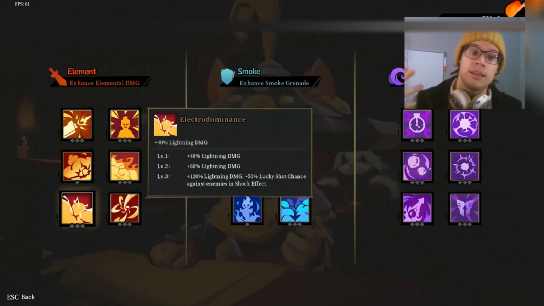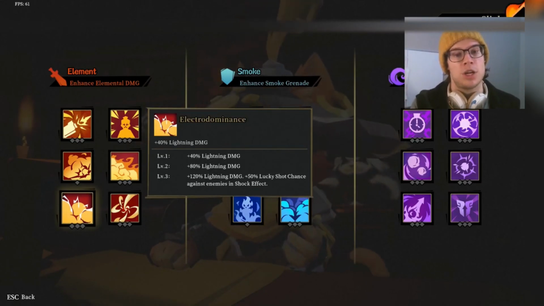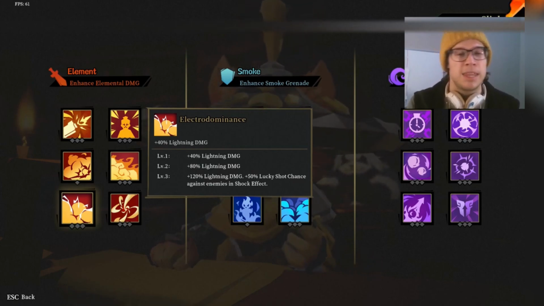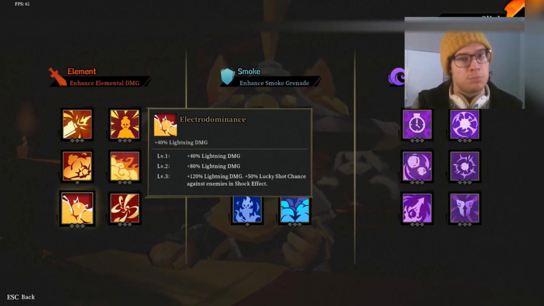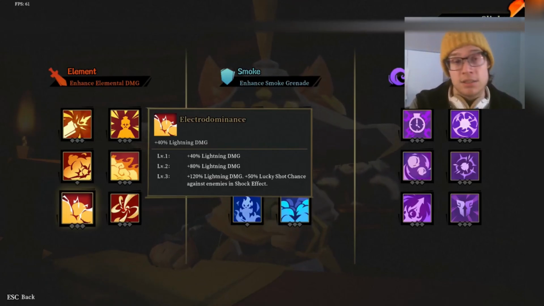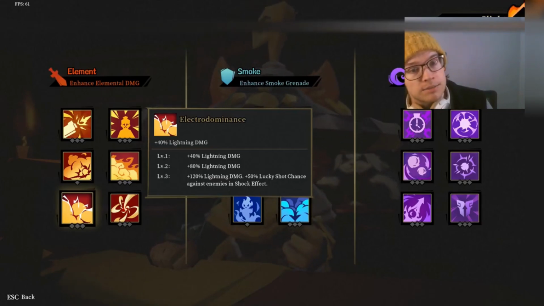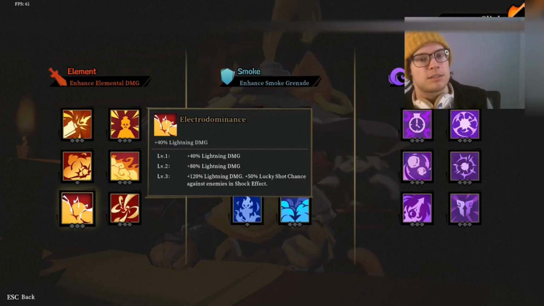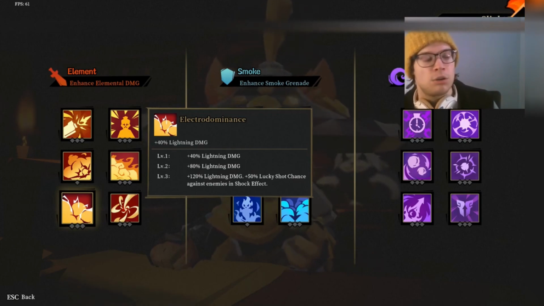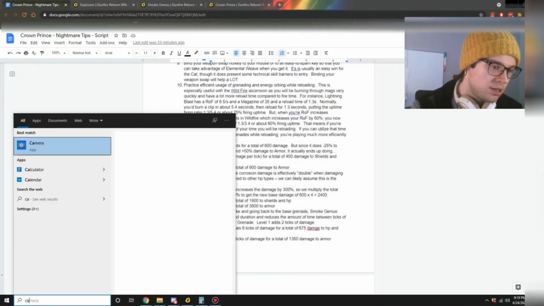I wish that the lightning damage had a little bit better tertiary effect with a 50% lucky shot chance against enemies at shock. It's pretty good. It's not bad. 50% lucky shot is pretty good. That constitutes, with your inherent lucky shot, a 75% chance to do double damage. So 75 times 2 is...